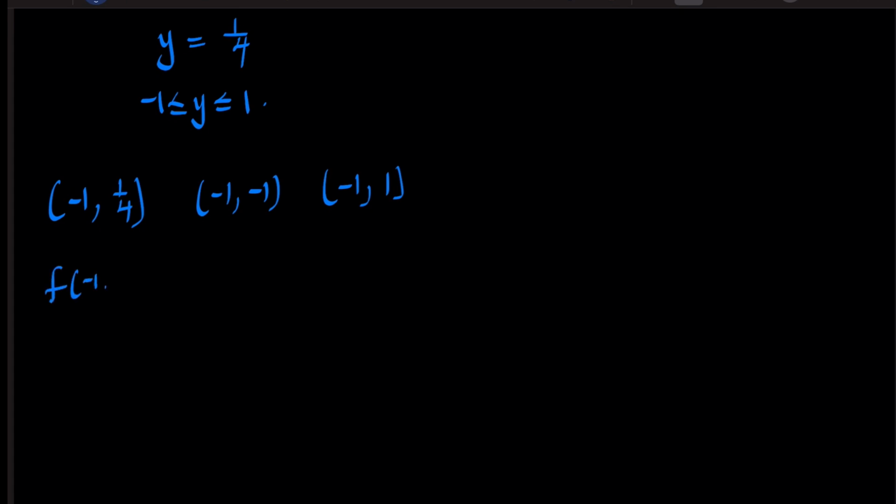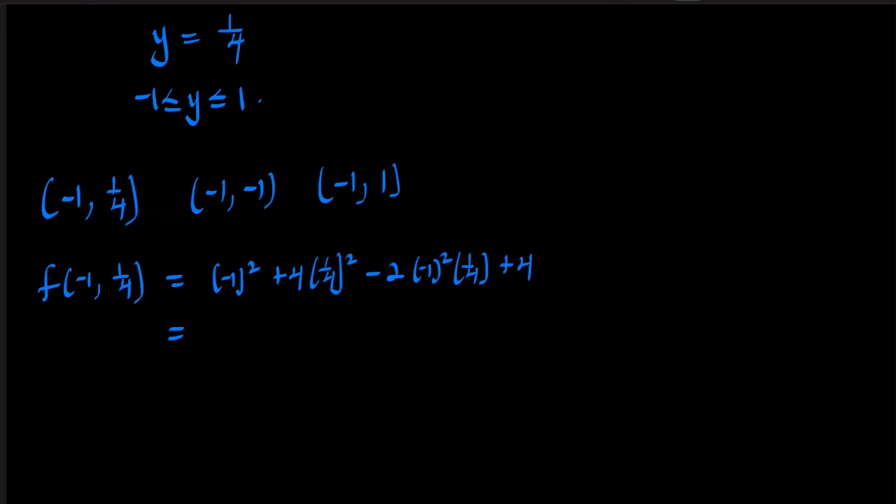So f(-1, 1/4), that's x is now -1 and y is 1/4. So that's (-1)^2 + 4(1/4)^2 - 2(-1)^2(1/4) + 4. And this will give us 4.75. So similarly, for